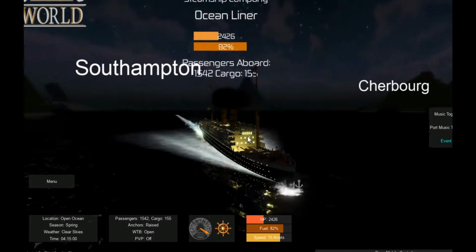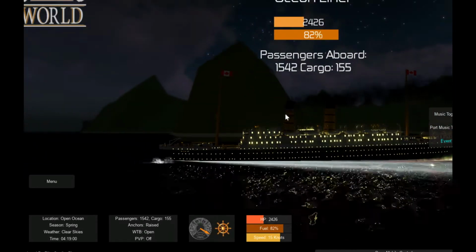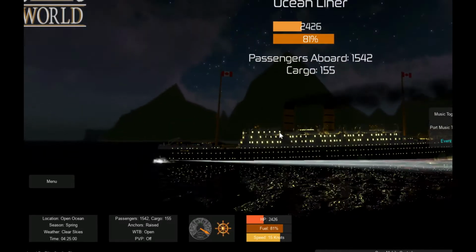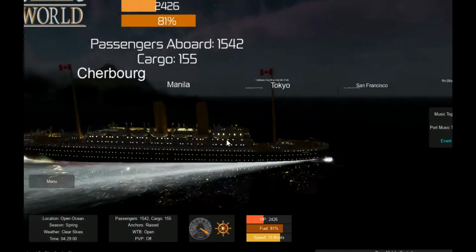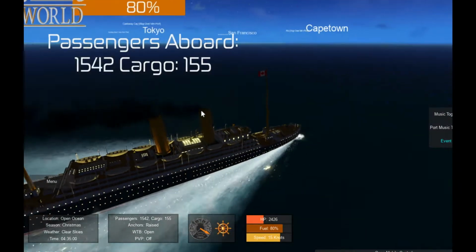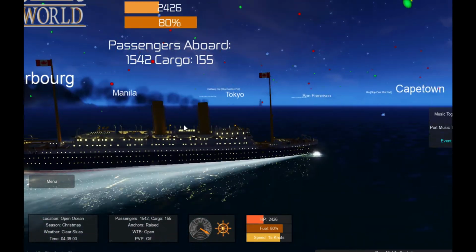Now if we hit the button Z, because as you see we have the funnels with the black top right there, but if we hit the button Z, it changes. So this is the concept of the Empress of Ireland before she actually sank. So all white or orange funnels,